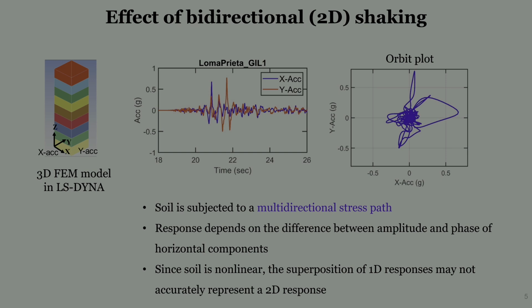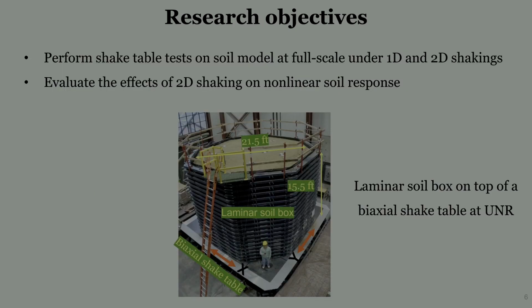In this scenario, the soil is subjected to a multi-directional stress path, and the response will depend on the amplitude and the phase difference between these 2 horizontal components. And since soil is nonlinear, the superposition of 1D responses may not truly represent a 2D response. With this motivation,